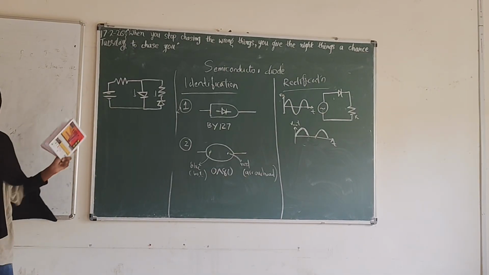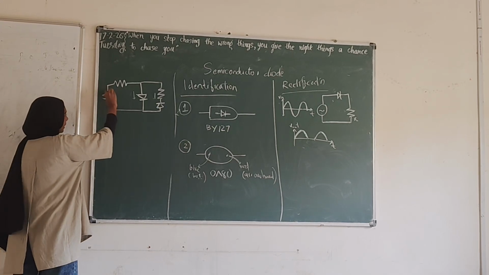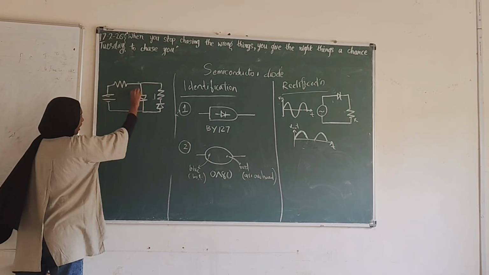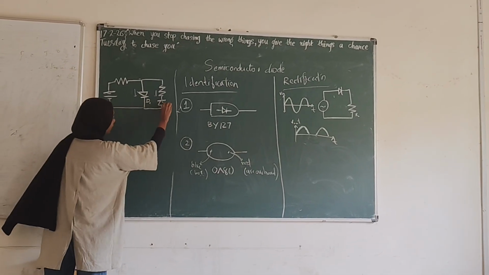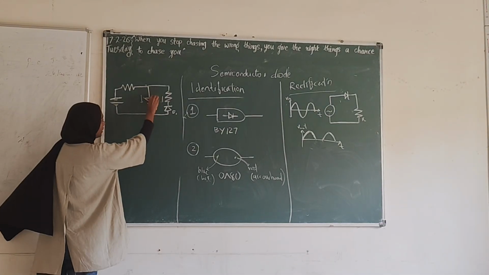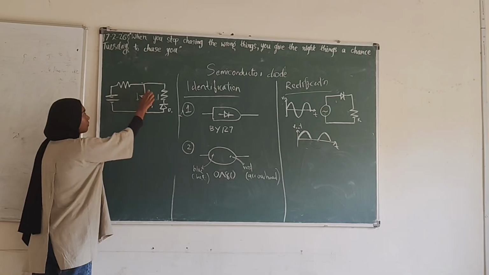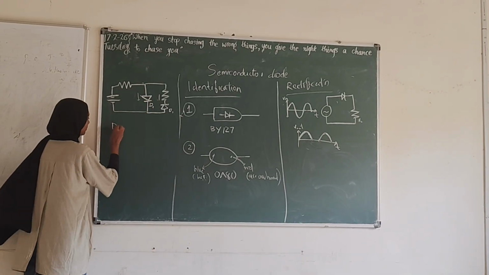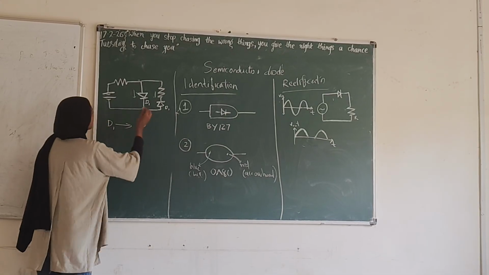So I will explain the first one. We can see that the positive terminal is connecting to the arrowhead. D1 and D2, diode 1 and diode 2. In diode 1, the arrowhead is getting the positive side, so we can say this is forward biased. So D1 represents the forward biased,